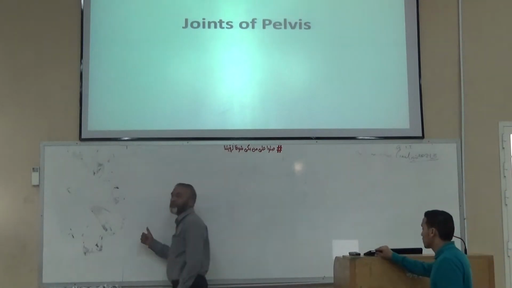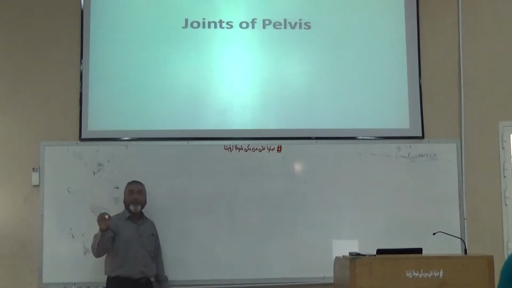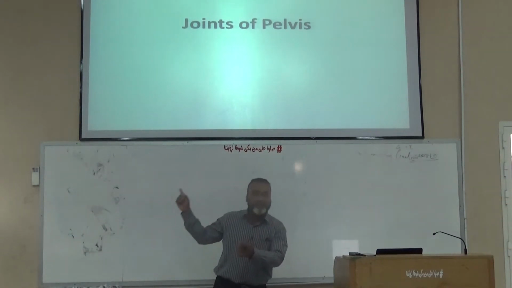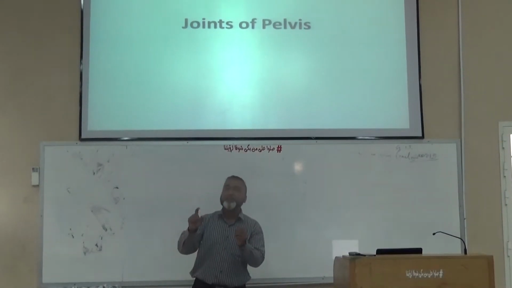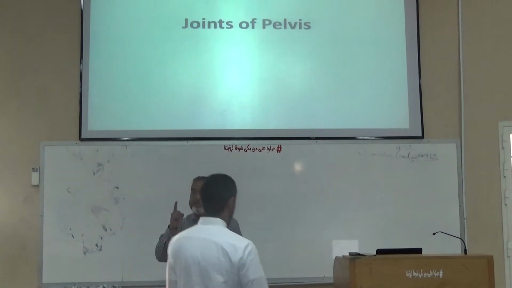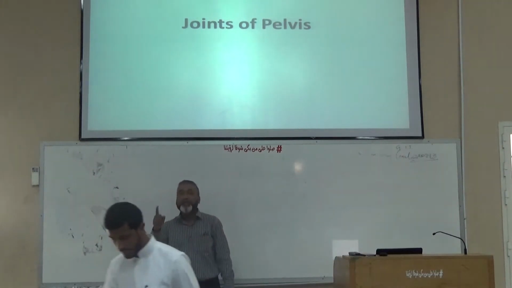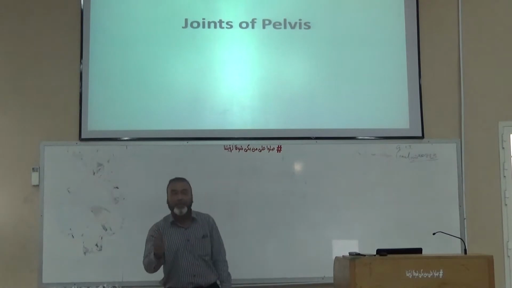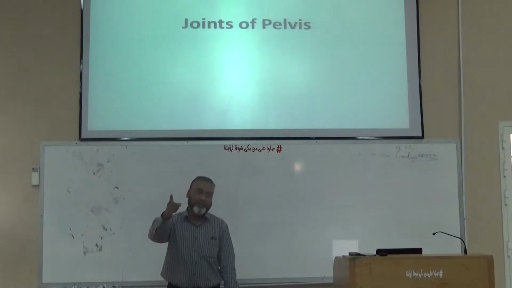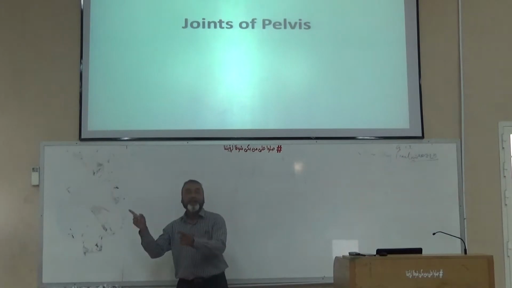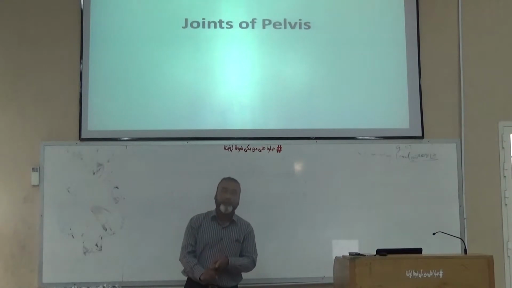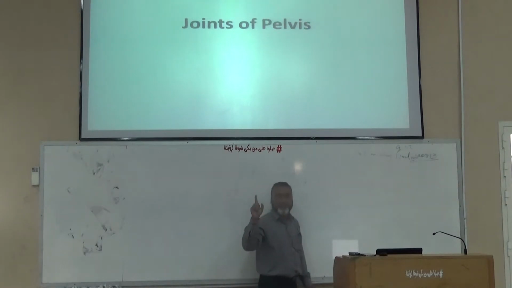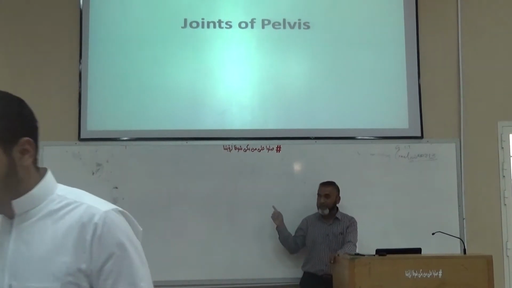So today we will do the joints of the pelvis. But before starting, in the previous lecture, there was a mistake done by me which was about the median sacral vein. Median sacral vein usually drains into the left common iliac vein. But I said the iliac artery. Left iliac vein, but it is the left common iliac vein. So this was the mistake which was done in the last lecture.